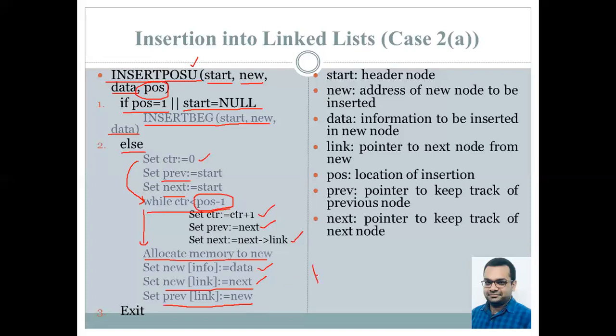The scenario will be something like this, wherein we'll have a node in the linked list in which the insertion needs to be performed between these two nodes, something like this. So over here we'll be having new, over here we'll be having previous, and over here we'll be having next.